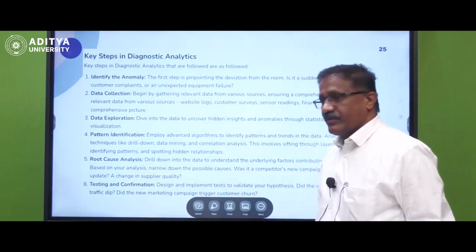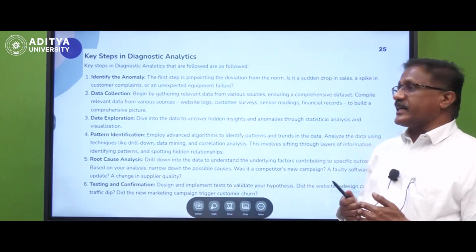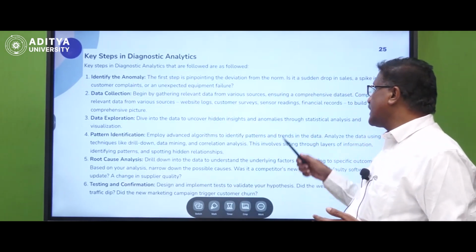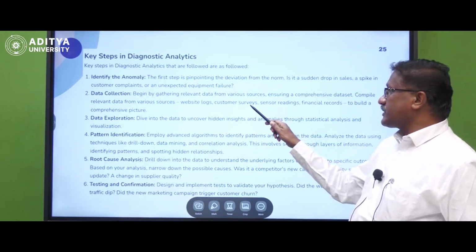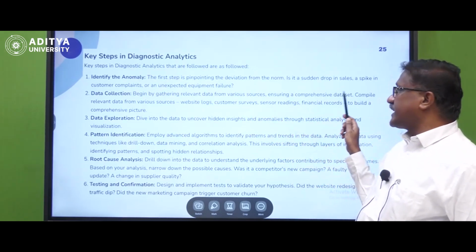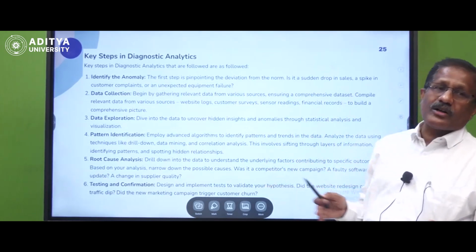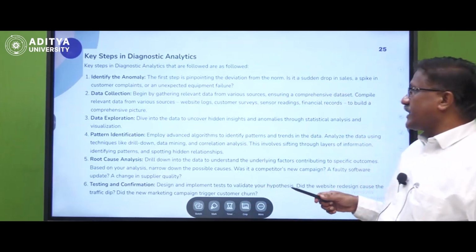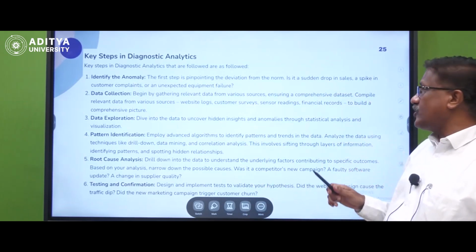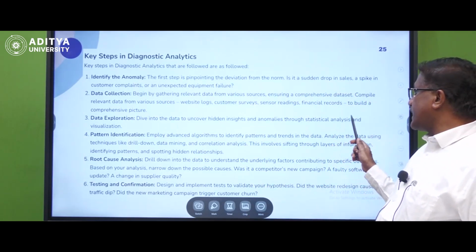Second, data collection, very important: accumulating data from different types of sources and ensuring a comprehensive data set, which has customer surveys, website logs, sensor readings, everything. You have to collect all different types of data. And the third step is data exploration, that means uncovering hidden insights, with statistical analysis